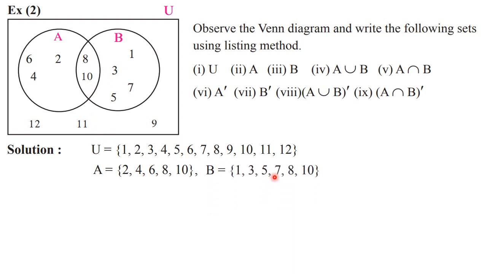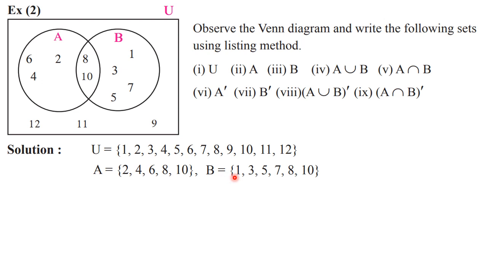Okay, so what you can observe is 8 and 10 is present in both the sets because it is an intersection part. 8 and 10 are common to A and B both. Okay, so while writing A you will consider this first circle completely, and while writing B you will consider the second circle completely. Afterwards next is A union B. So A union B, either you can write by observing here all the elements which you can see in the area formed by these two circles, or by using these also you can write.